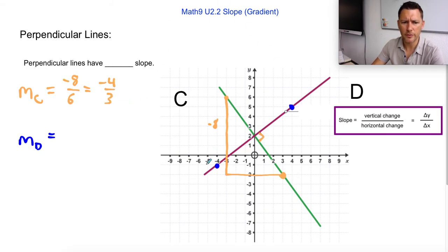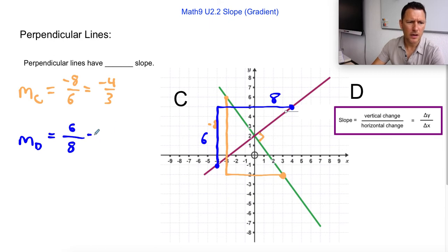We're going to do the same thing with D. It rises 1, 2, 3, 4, 5, 6. So this is up 6. And it runs 1, 2, 3, 4, 5, 6, 7, 8. Right? 6 and 8. Which simplifies to 3/4, but it's positive. The two things that I want you to notice is the fraction is the same, but